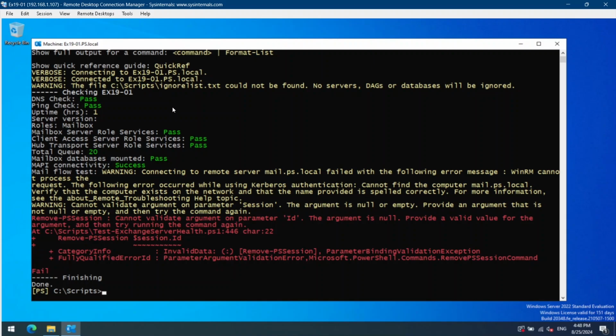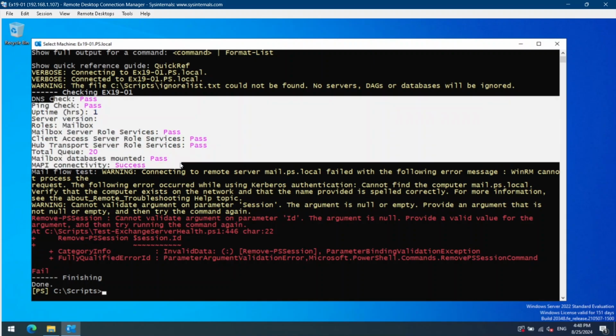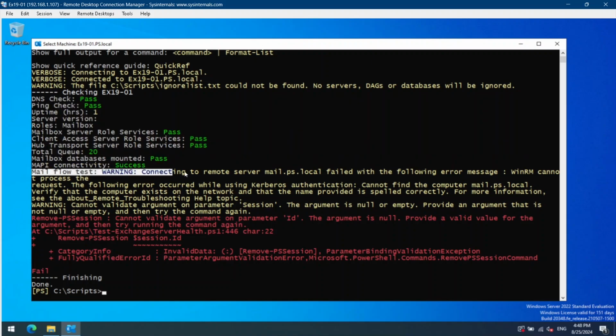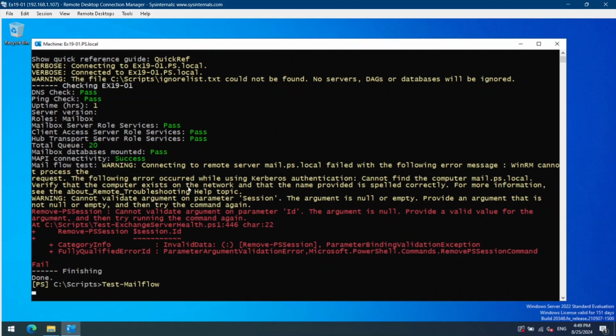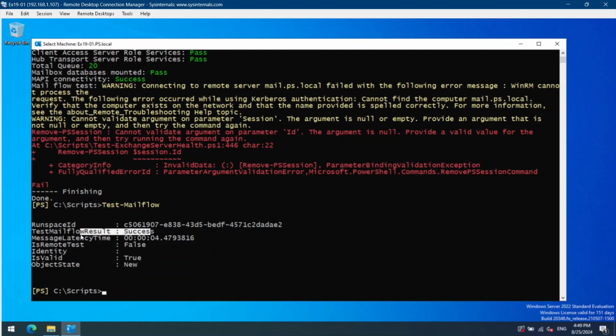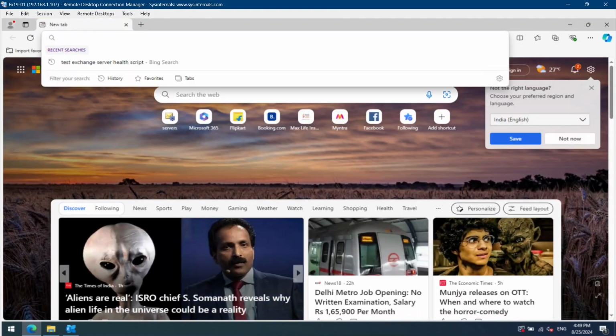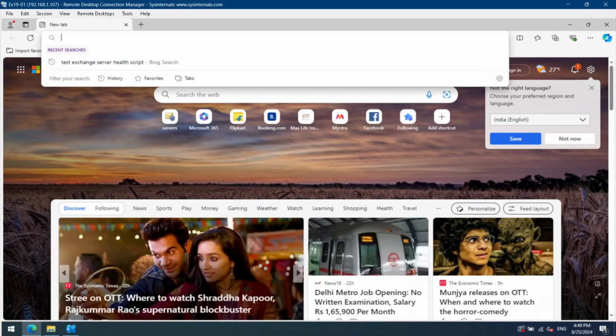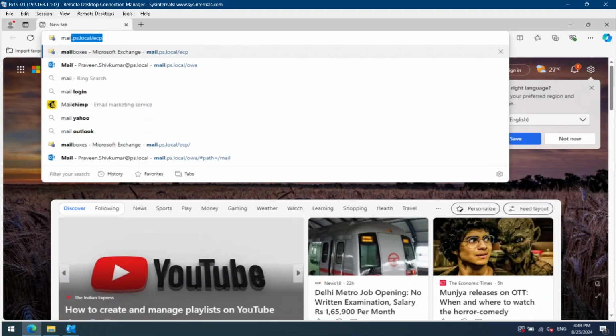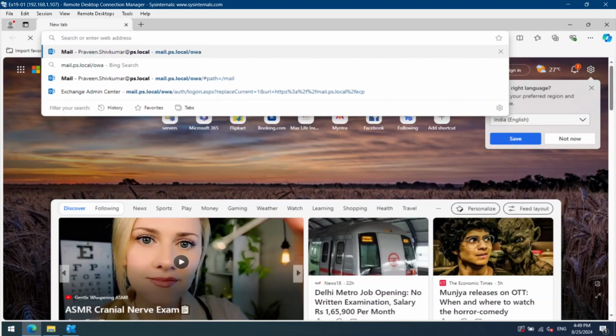As you can see, all these tests have passed. However, when we go to the mail flow test, it is giving us a failure warning because WinRM is not configured properly. However, if we run the Test-Mailflow cmdlet, this should succeed as you see here. And you can also confirm the mail flow functionality using OWA, which is mail.es.local/owa